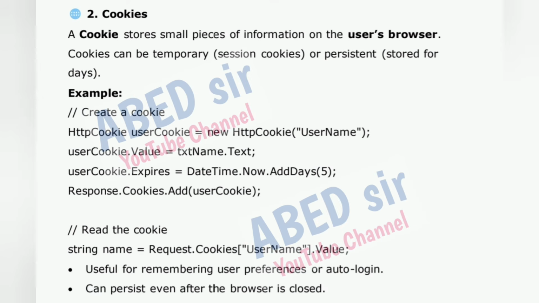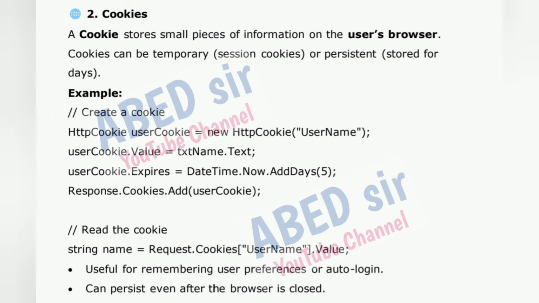2. Cookies. A cookie stores small pieces of information on the user's browser. Cookies can be temporary, session cookies, or persistent, stored for days. Example. Create a cookie. HttpCookie userCookie = new HttpCookie("username"); userCookie.Value = txtName.Text;